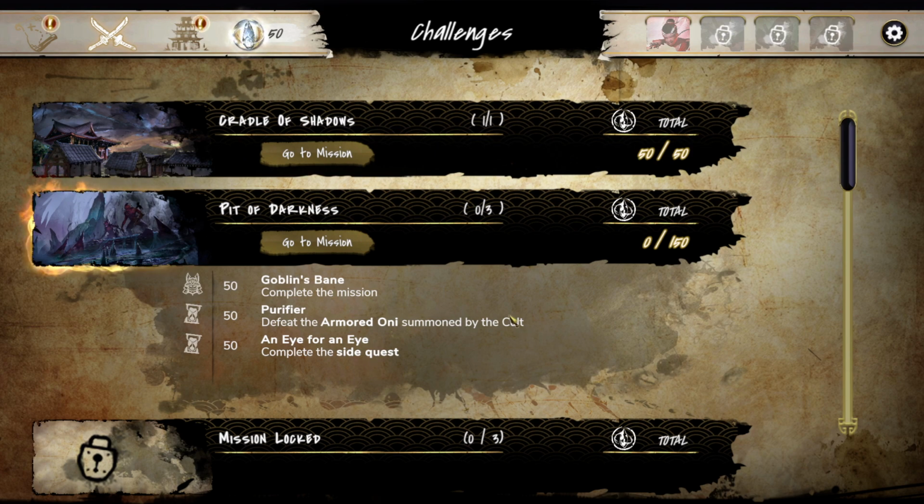Now, the last time I played this mission, about a month ago I think it was, I had to actually play it twice to complete all the objectives, because this bottom one, an eye for an eye side quest, you can't really do all 3 unless they've changed it. This second one, I'm pretty sure, well, I know that in the previous demo you had to actually defeat the Oni before he reached the final island. So yeah, it's very difficult to do that and complete an eye for an eye at the same time,